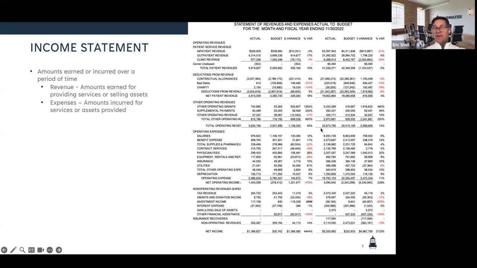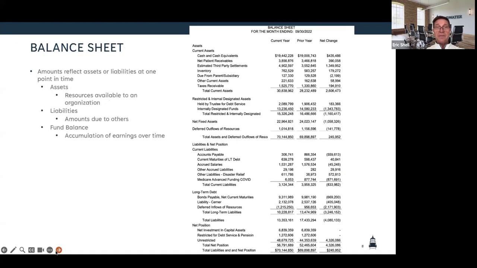Then you have your expenses. So here's your total revenue, then your expenses. You add up all your expenses. The net operating income for this hospital for this period, the year ending 11/30, is about 3 million bucks. And then you have some other non-operating revenue and expense for a bottom line of about 5.2 million. This hospital does well. So again, whether it's the year or the quarter ended, it's the accumulation of all the days' revenue and expense reflected in a bottom line here.